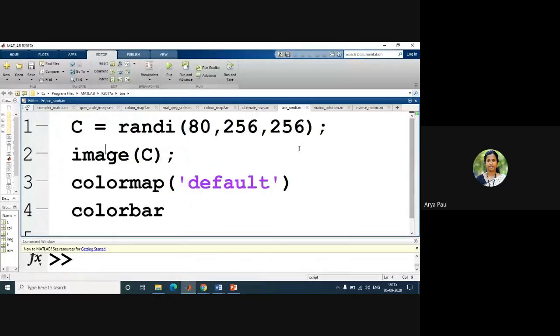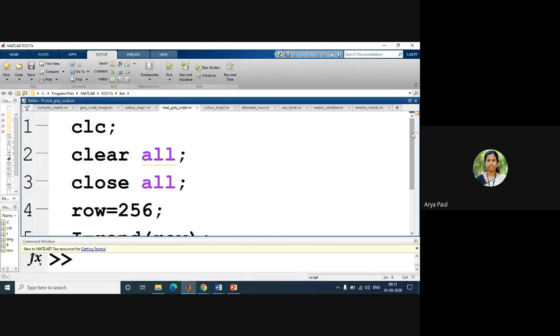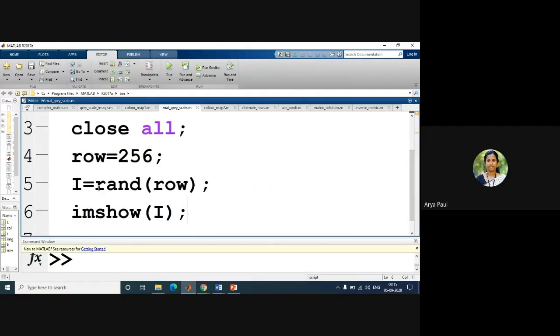Next, if I want to create some random integers, what is the rand function in a grayscale image or in a black and white image? You have seen the rand function. The rand function is a built-in function used to create random values between 0 and 1.